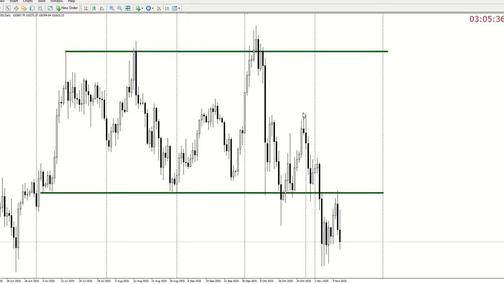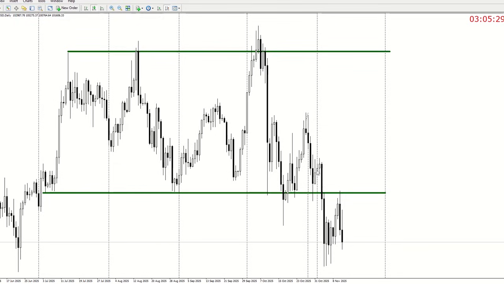But look, they came and gave us a pin and gave us a trend day. The moment they break the low of this day, that's where you exit. But that's not all. They broke out. Once they break out, what do we do? We want to wait for a retest. Then they came back all the way up, and this is the first day from the retest when they're giving us a trend day, because they violated the low of this day, you see. And then today they went all the way up for a collapse.